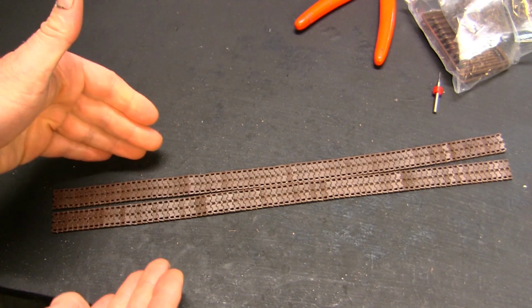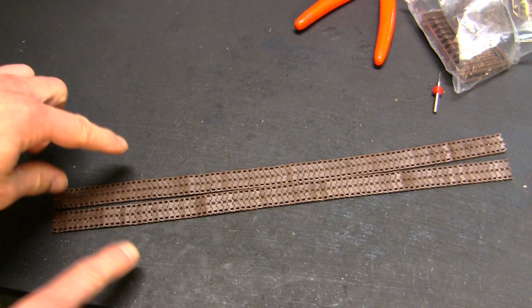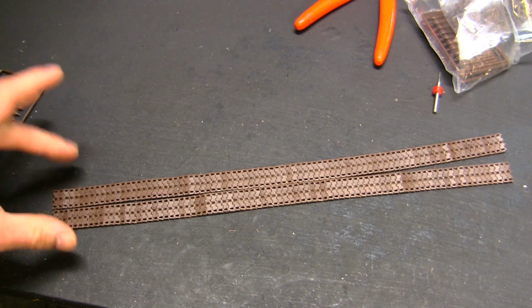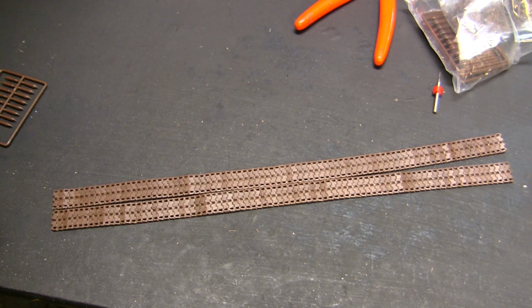So here are the track bands now fully assembled. At this point, they're ready to head off into paint. And one thing I briefly want to touch on is the paint types that you can use on these tracks. Generally in my videos, specifically the ones about the single piece vinyl tracks, you do